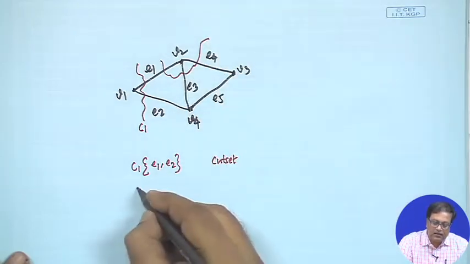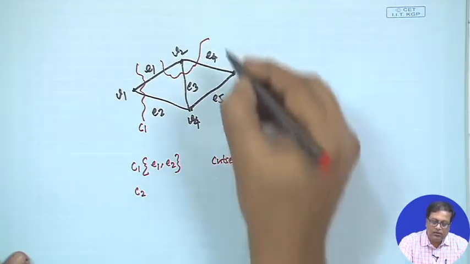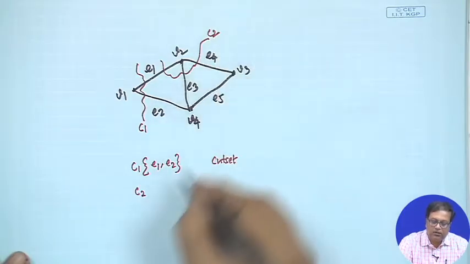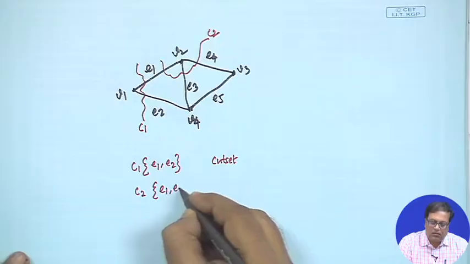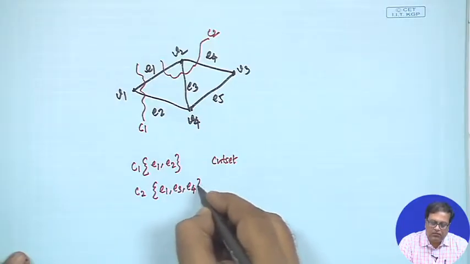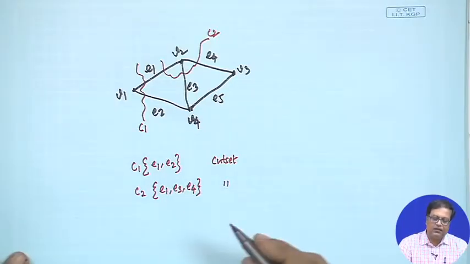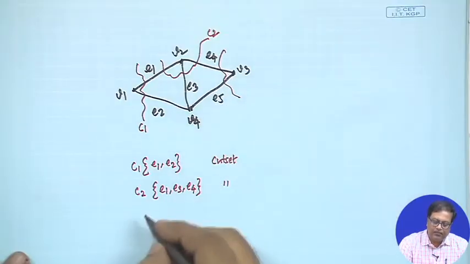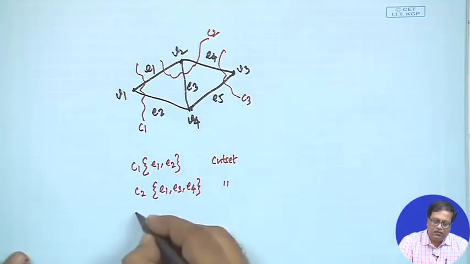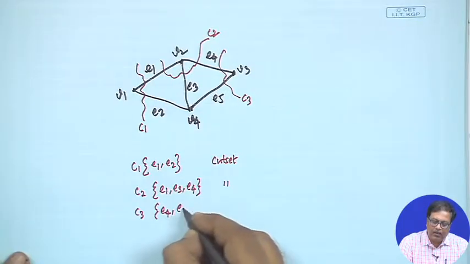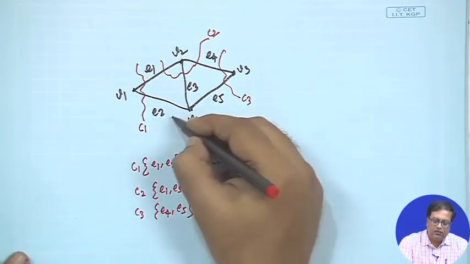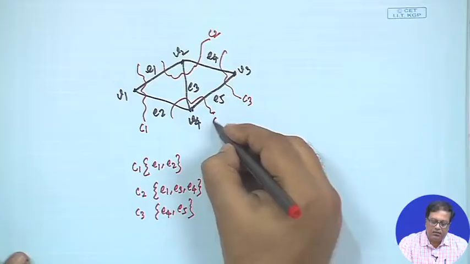Is it a cut set C2? This is C2. C2 is E1, E3, E4. This is also a cut set. Is it a cut set C3? This is also another cut set, E4, E5, right. This is also another cut set, C4,